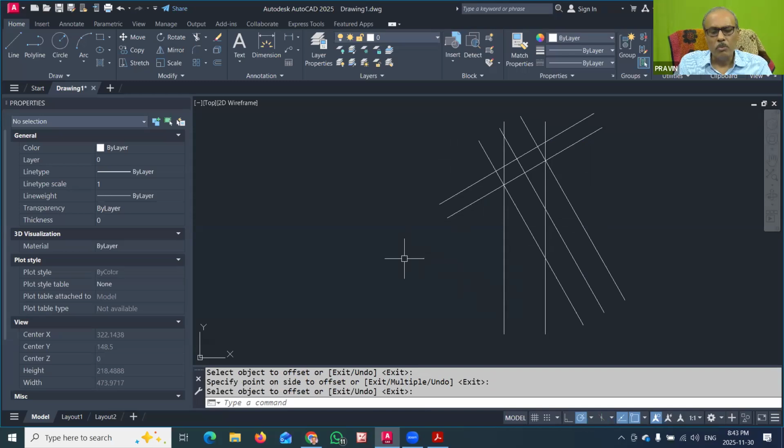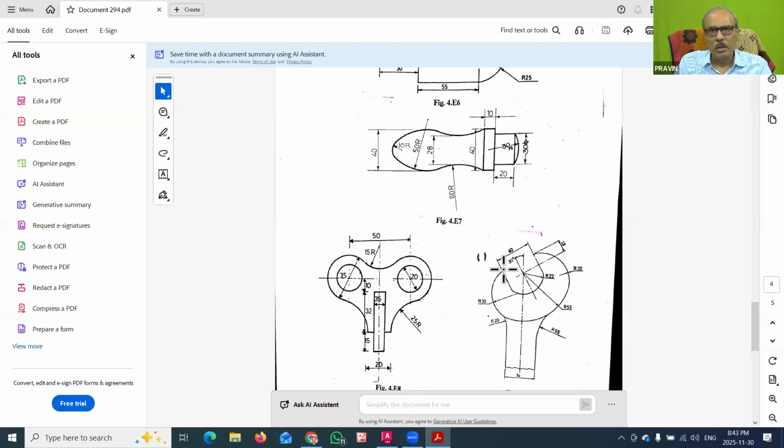Here from the drawing we can see that this part is straight, but how much the straight distance is from this end to this end is not given in the drawing. Instead of that, this is a circle having radius 23. So this is also given. From this center, we can draw the radius 23 circle, so that we get the inside part, this one. With this inside part, we have to draw the circle with radius 23.